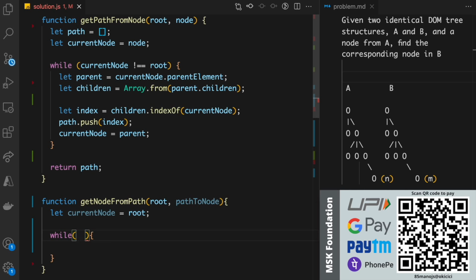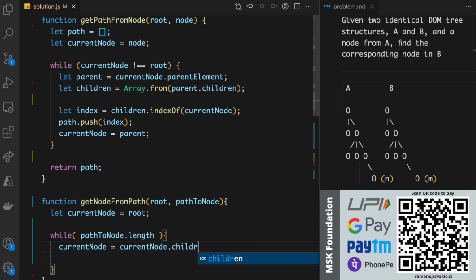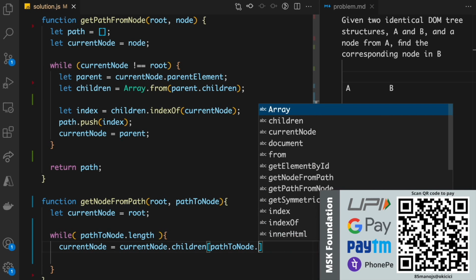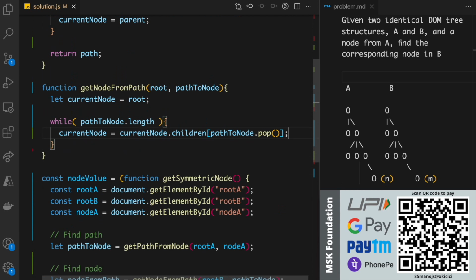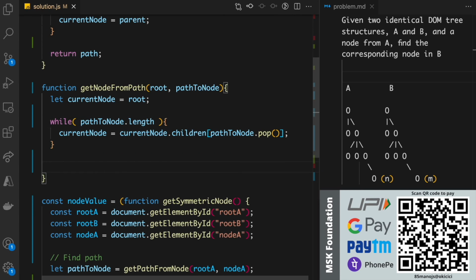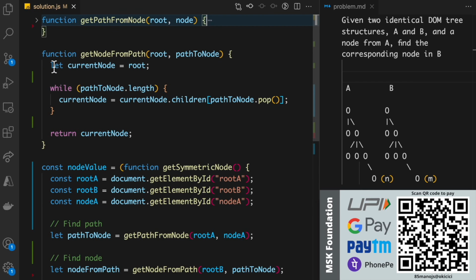I'm going to run a loop here until the pathToNode array exists, or its length exists, because I'm going to start popping the elements from here. So we will do currentNode equal to currentNode.children, but we need to know the index of this child, so I'm going to make it index pathToNode.pop. This is going to give me the index from the last item. So we are actually using a stack data structure here to find the current node, and then we'll run the loop. When the loop completes, I will actually get the current node.